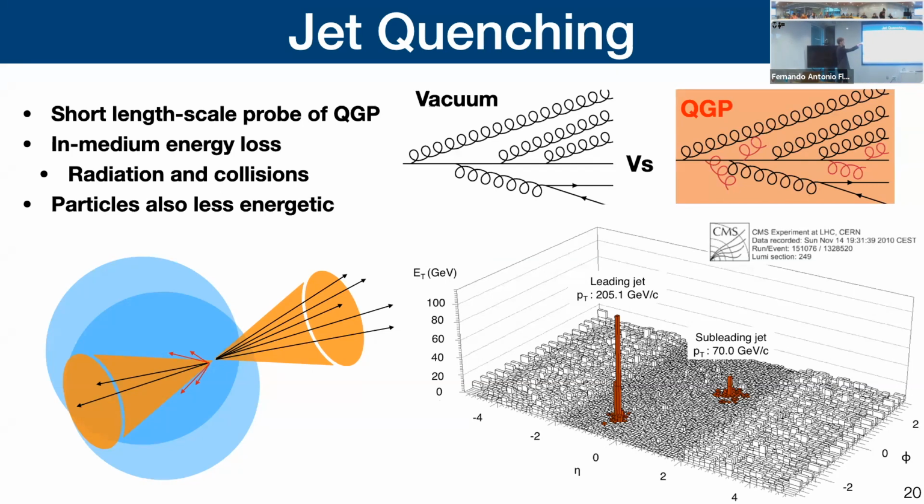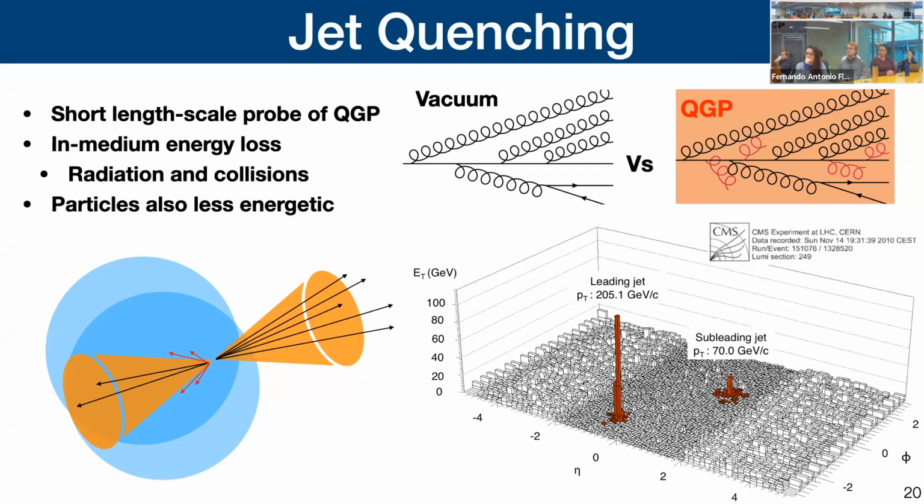And you can see that in the quark-gluon plasma, it's predicted that there's additional radiation and collisions that are induced by the presence of the medium. So what this means is that if you have, for example, two jets, which should be balanced in momentum, if one jet exits the quark-gluon plasma, which is shown by this dark blue circle here, and the other goes through the quark-gluon plasma, this one will lose additional radiation into the quark-gluon plasma through induced radiation.